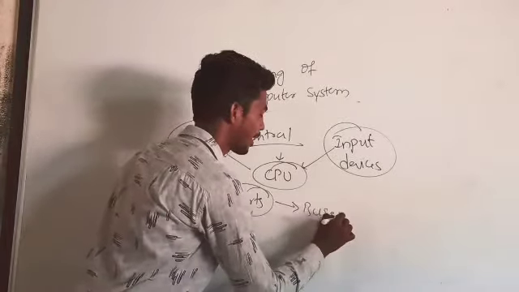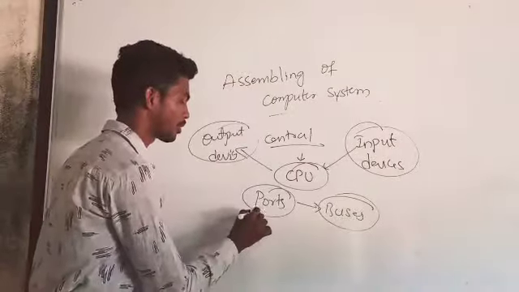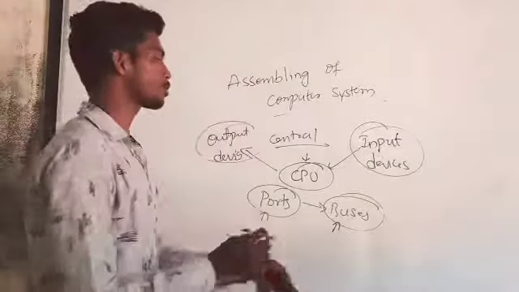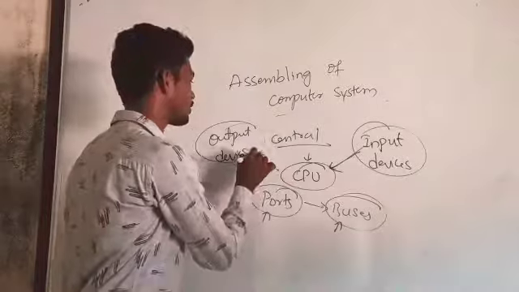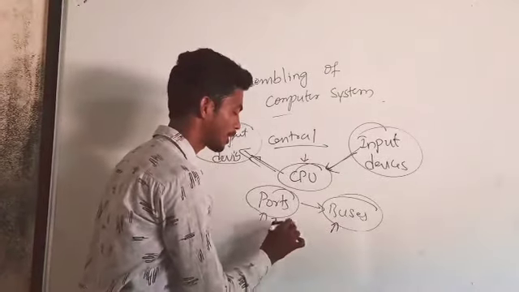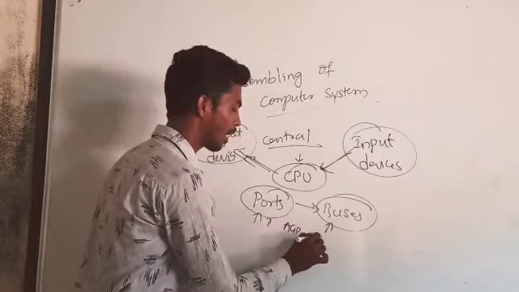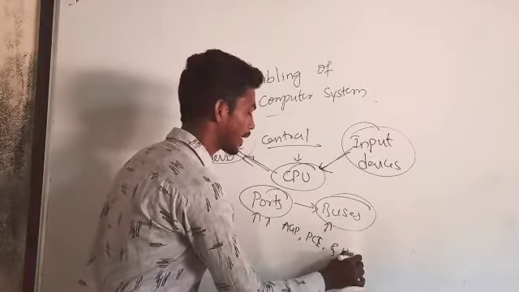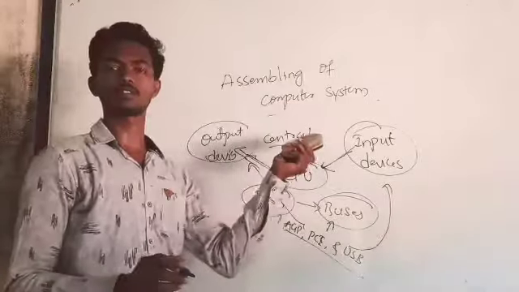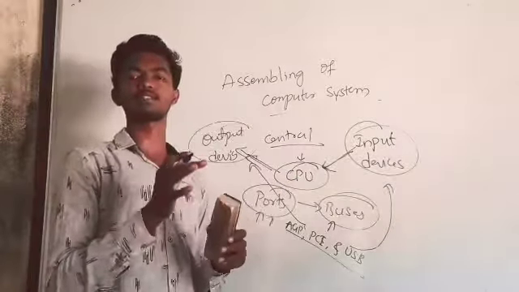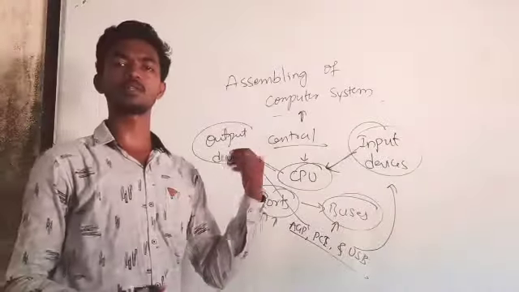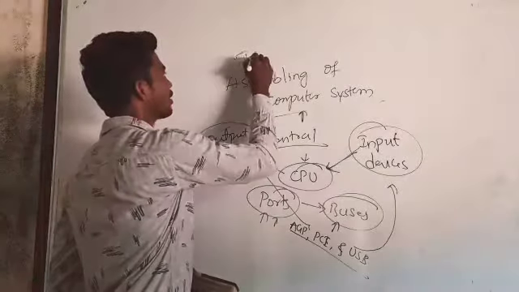And you know what we mean by ports and buses? Ports are the expansions on the motherboard, and buses are nothing but parallel wires connecting the CPU with the input devices as well as the output devices. Nowadays we get different types of ports, for example AGP, PCI and USB, for connecting different types of input as well as output devices. Assembling a computer system refers to the connections made between the different components of a computer system. This completes your typical configurations of the computer chapter.